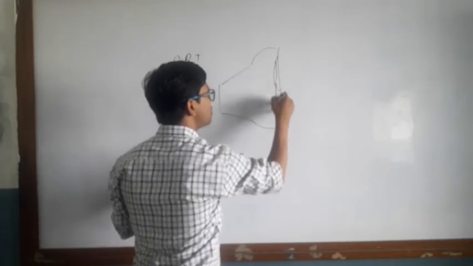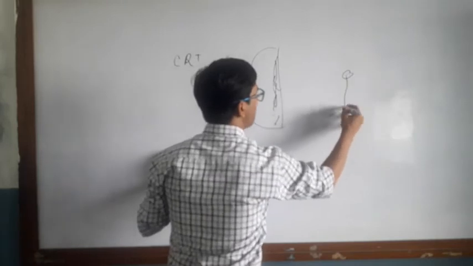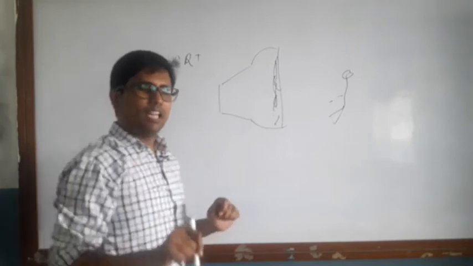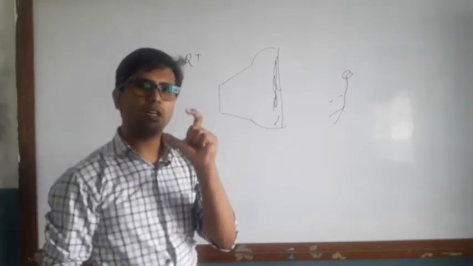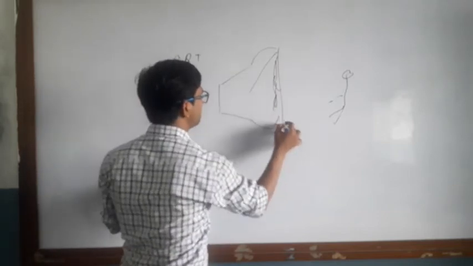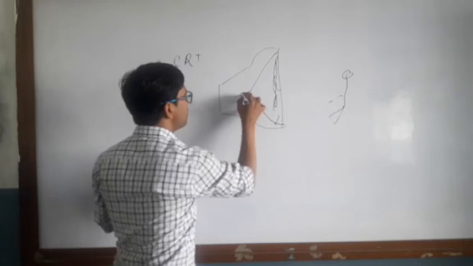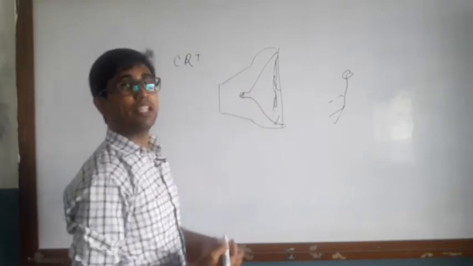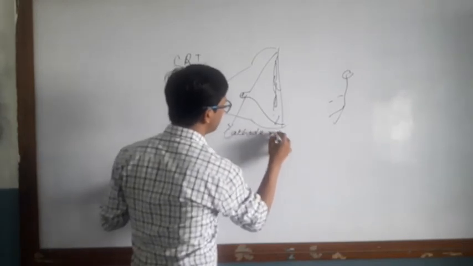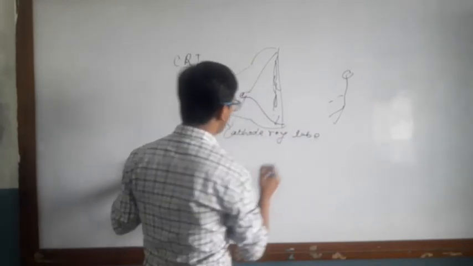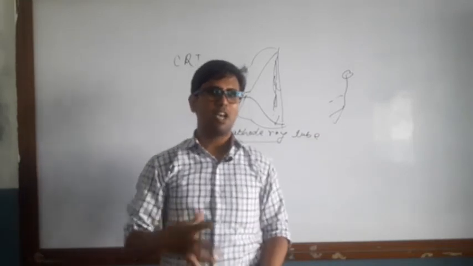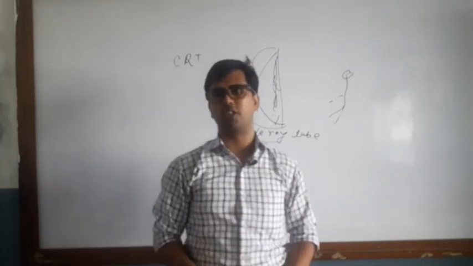you have seen lots of pictures here. So how does the television screen work? That television screen works because of an instrument which is called CRT, cathode ray tube, which is present here. This tube is called cathode ray tube. And what is the meaning of cathode ray? A ray which has a component particle electron.